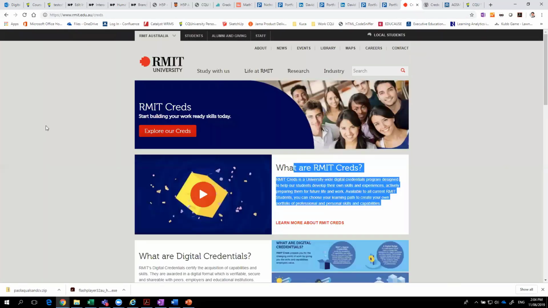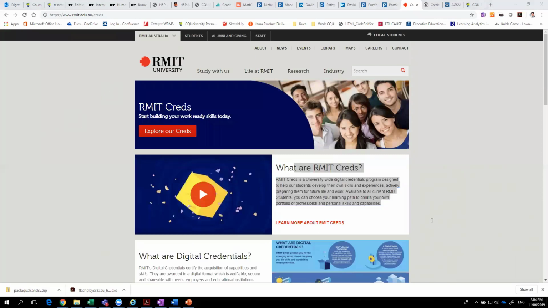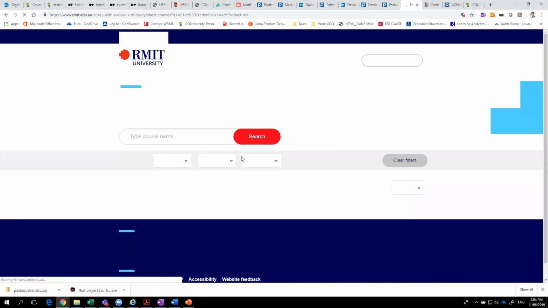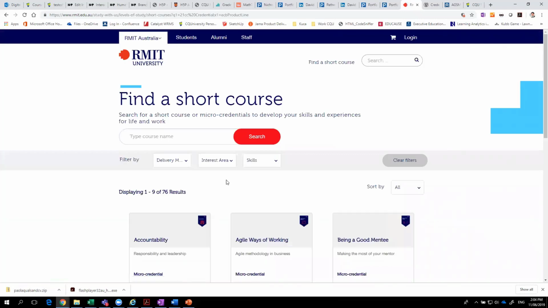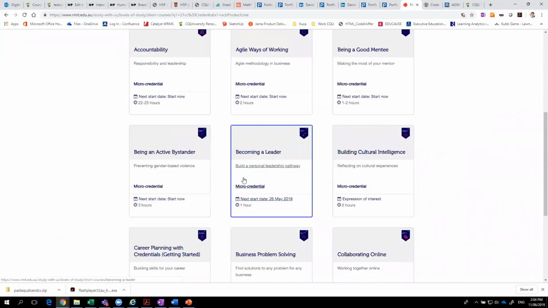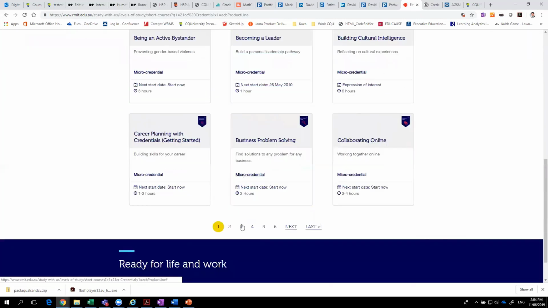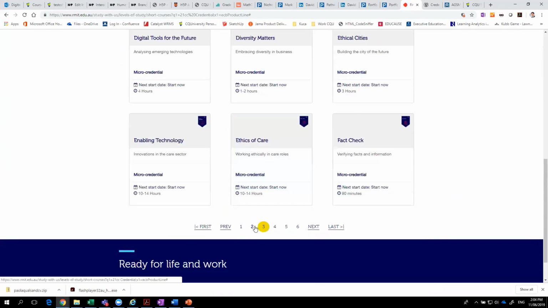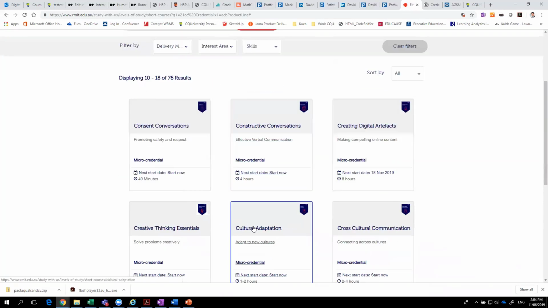If I look very quickly at RMIT, they have incorporated their Center for Professional Development into this micro-credentialing offering, to bring all that content in under the same house. And if I look at what they've got on offer, you can see what it might end up looking like when it's ready. You've got a kind of catalog of courses on a whole range of topics that you can search and filter through.